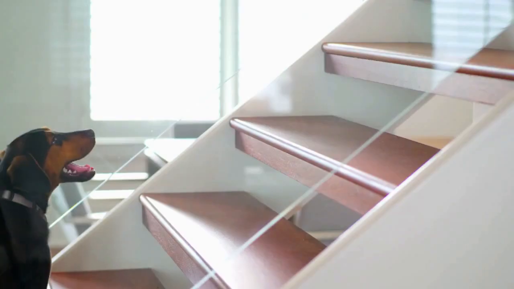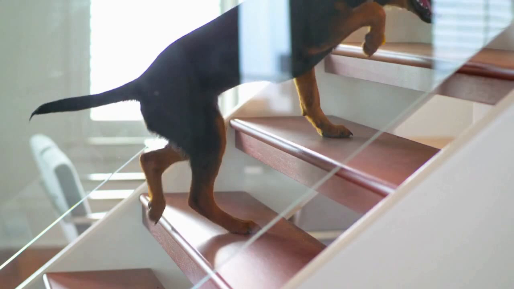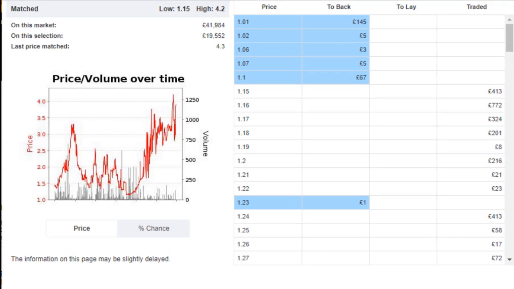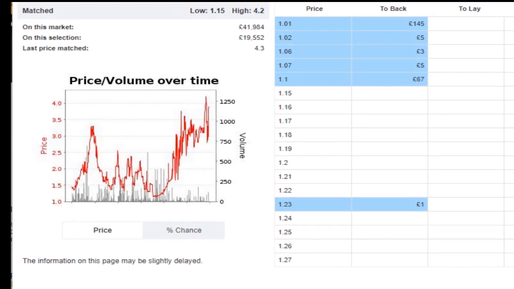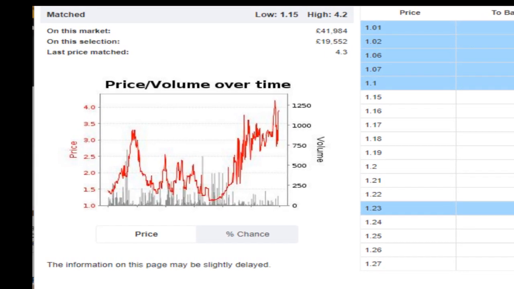Well, I'm sure you've all heard of staircasing. Essentially, if we lay low, we want to back high. So here's an example of the graphs that you typically get on any sport, but specifically tennis. Now, I will just say that I've managed to get this graph after the match. So this isn't the graph of the actual match, but what I want to highlight to you here is if we're getting in when the market's early and it's really, really low, essentially what we want to do is get out as the market rises, or at least take out some of our liability,